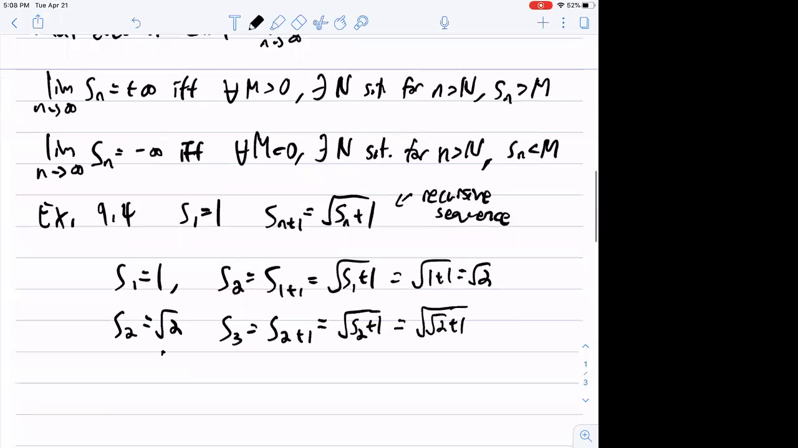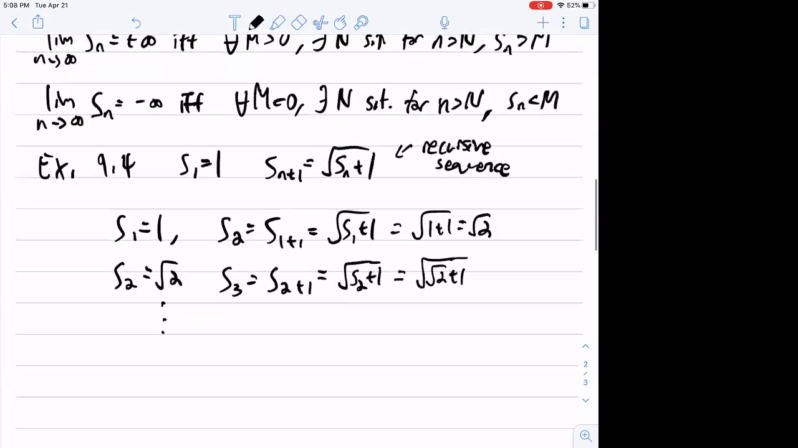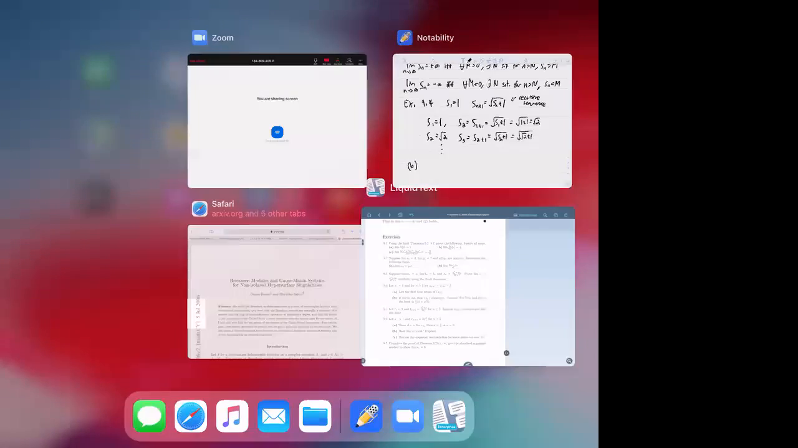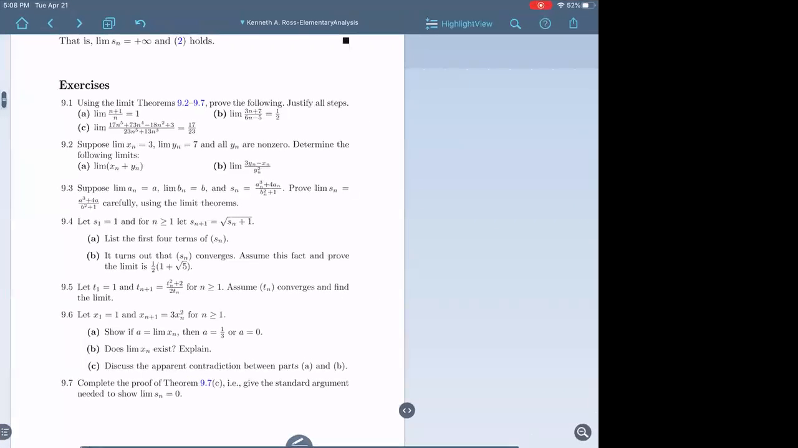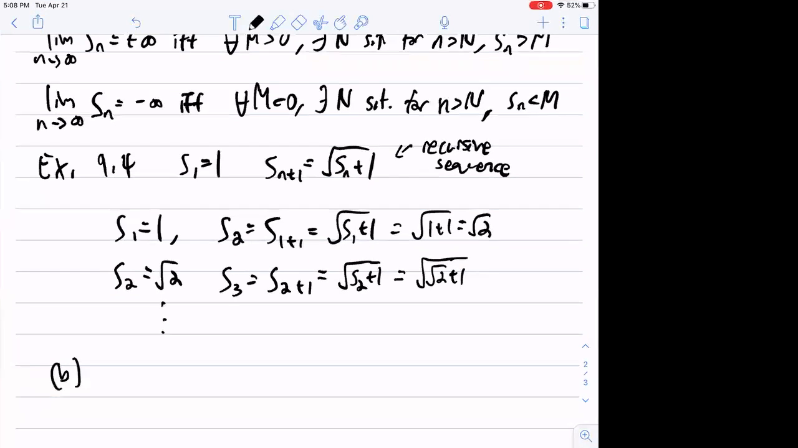And then dot, dot, dot, right? So let's do part B. I think part A just asks you for the first 4 terms, right? So you just need S1 to S4. I trust you can all do that. So part B says,